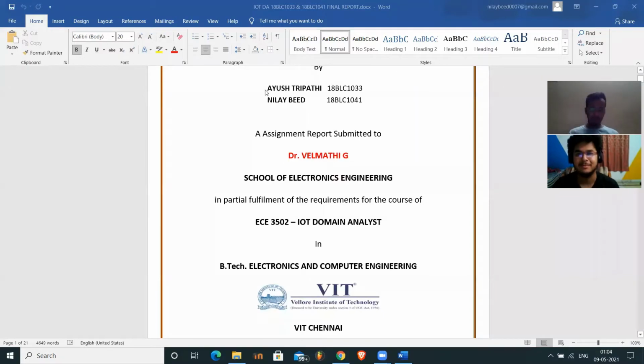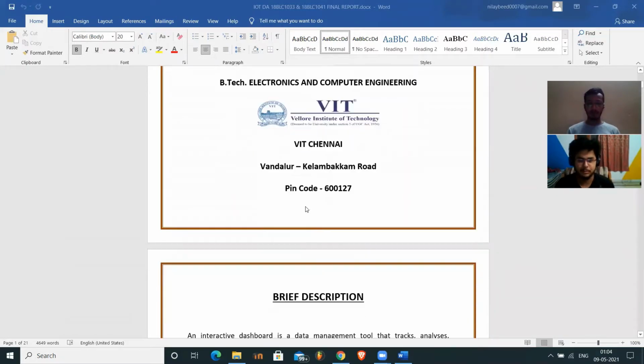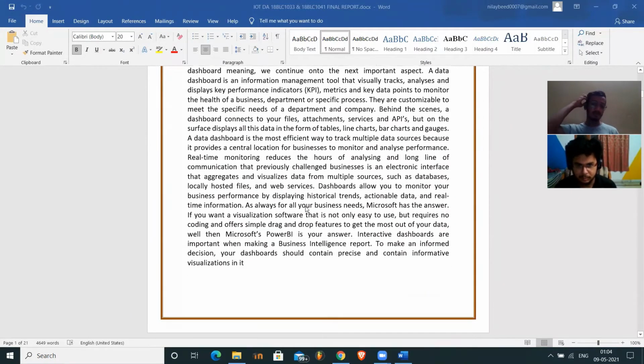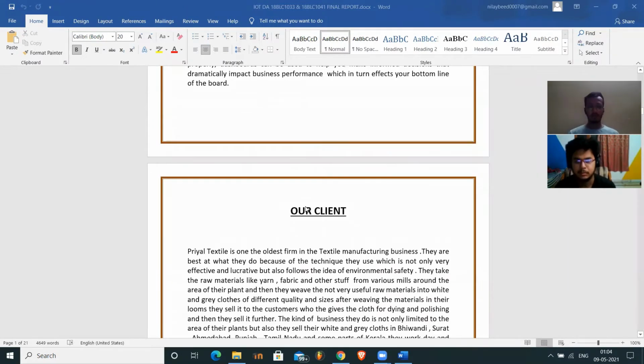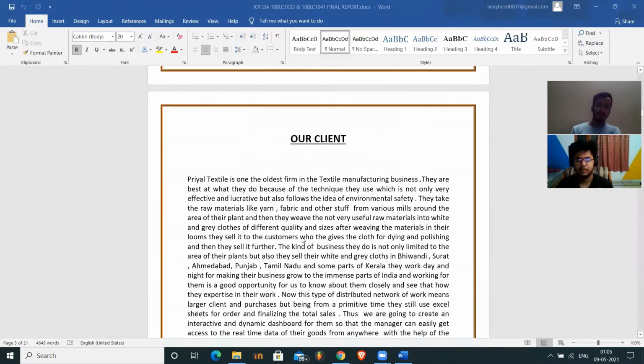Okay, so the client we are making a dashboard for is based in a small town in Mumbai known as Bhiwandi. They run a textile manufacturing business. Their firm's name is Real Textile. Basically, they take raw materials from various sources, that is the threads and fabrics and all those things, and also the loom machines